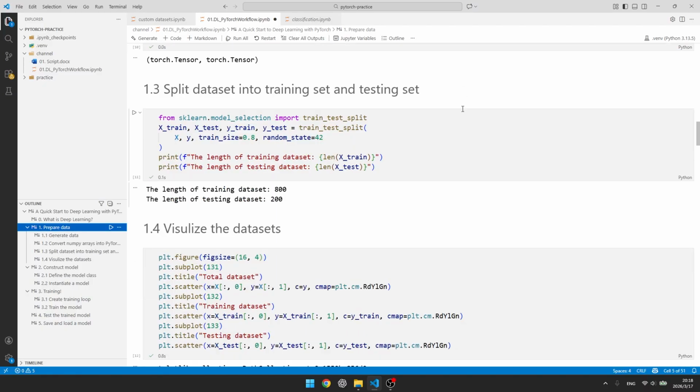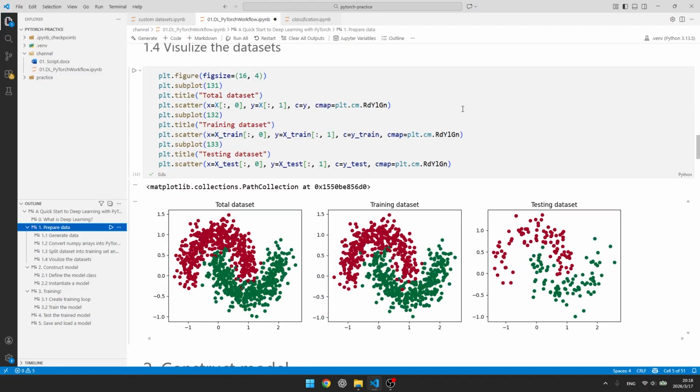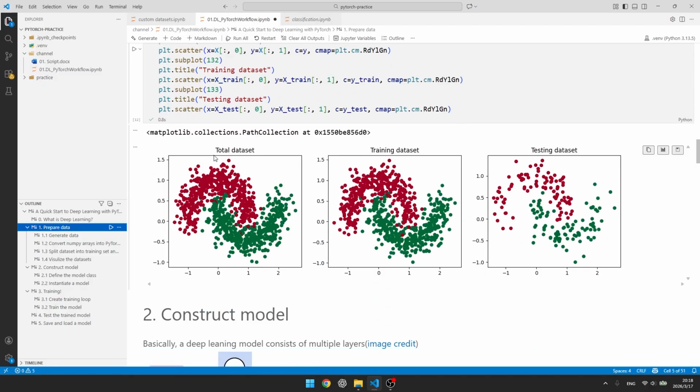There's one thing you should pay attention to, which is that we need to split our total dataset into two different sub-datasets, the training dataset and the testing dataset. The model will train on the training dataset to learn the patterns. And after training, we will test our model on the testing dataset.